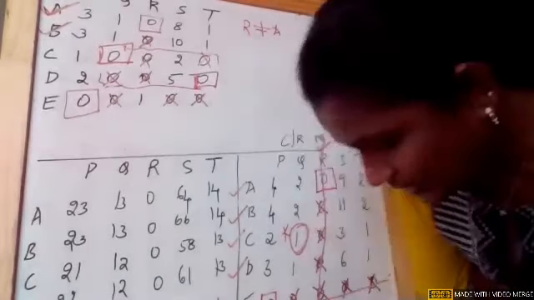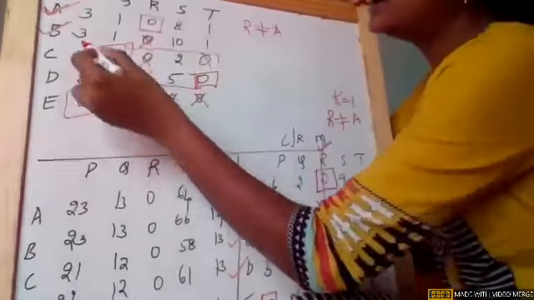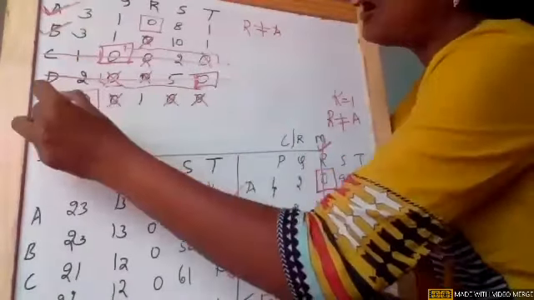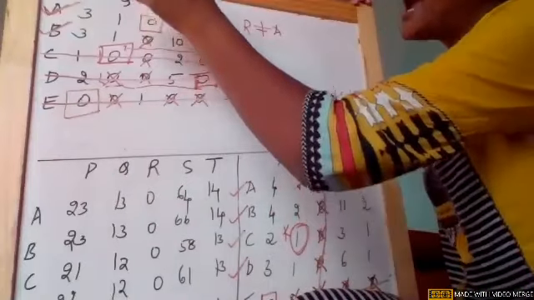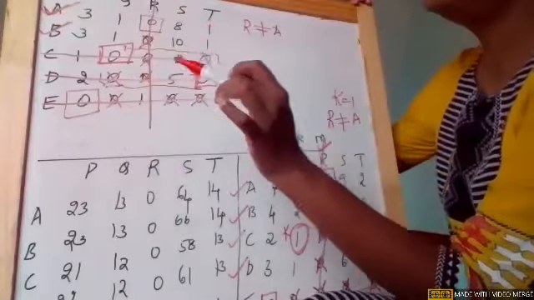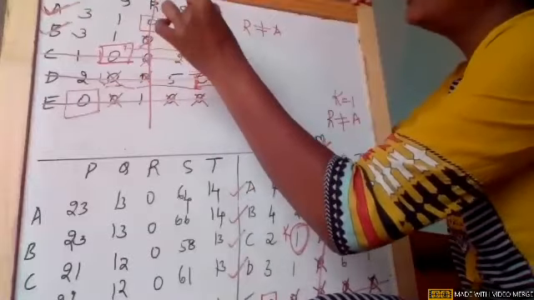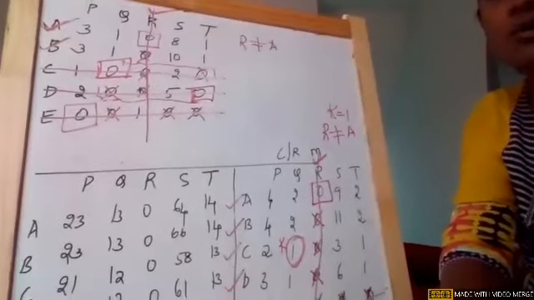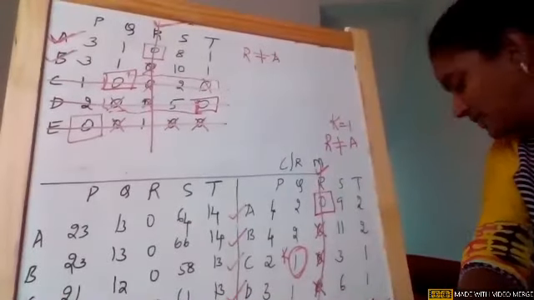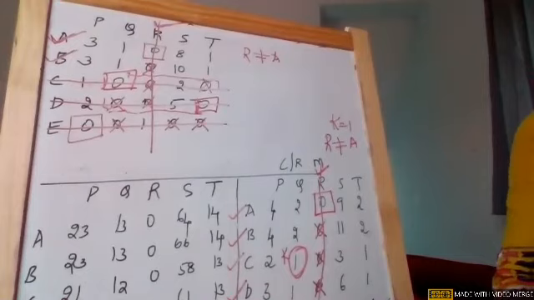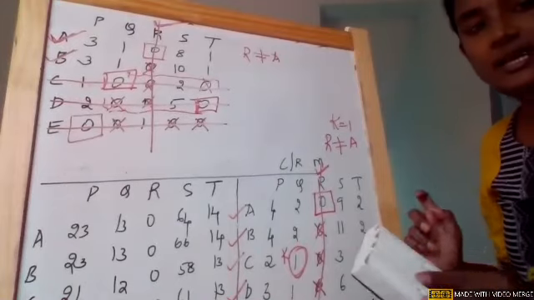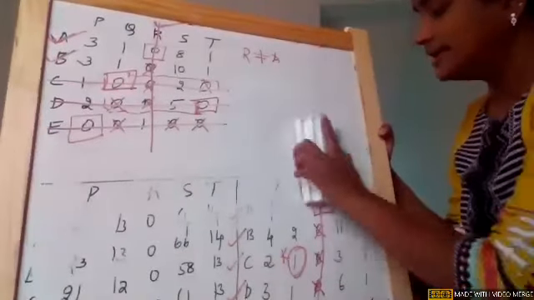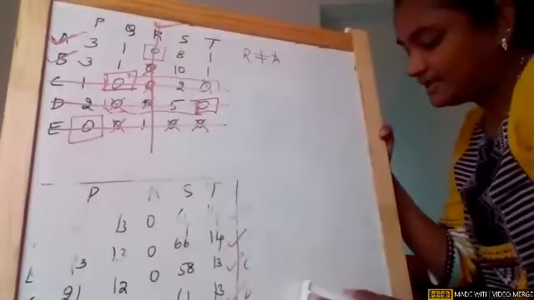Now I'll draw a straight line through unmarked rows and marked columns. Again you check that the uncovered area must not contain 0. As my uncovered area does not have any 0, I can conclude that my problem is correct till now, whatever I have done. Now I'll proceed with the next step. Again I need to create a new matrix with a new k value.